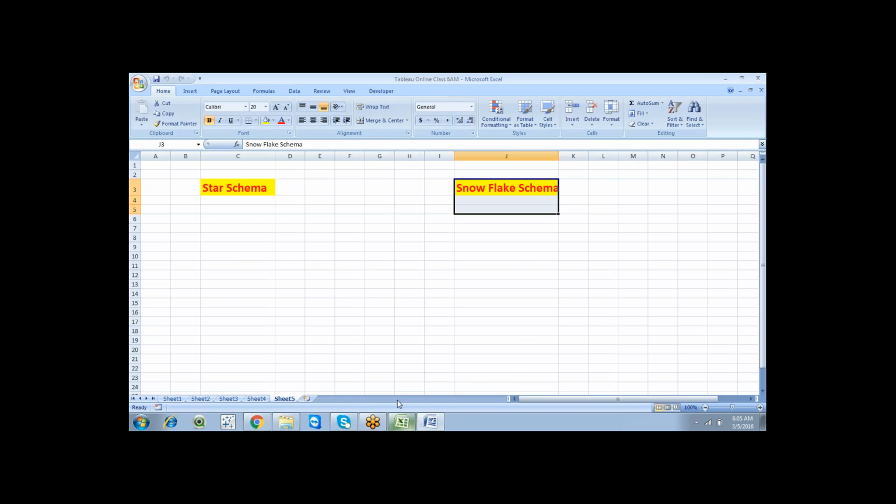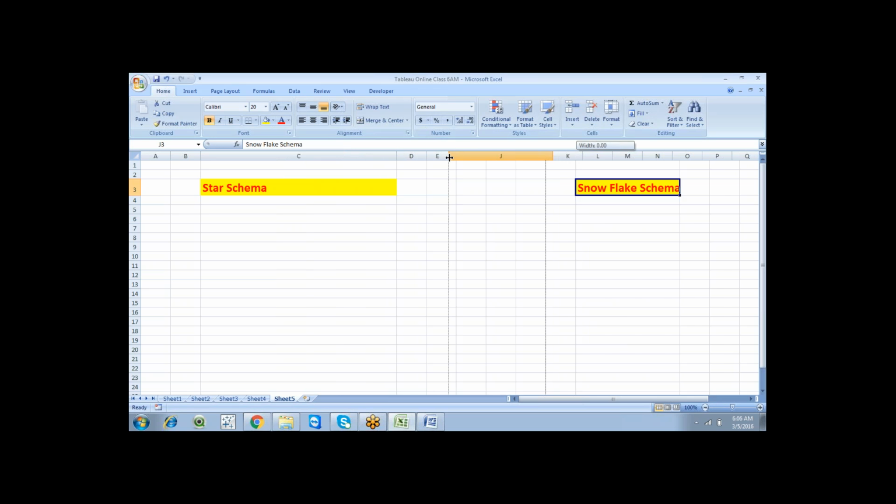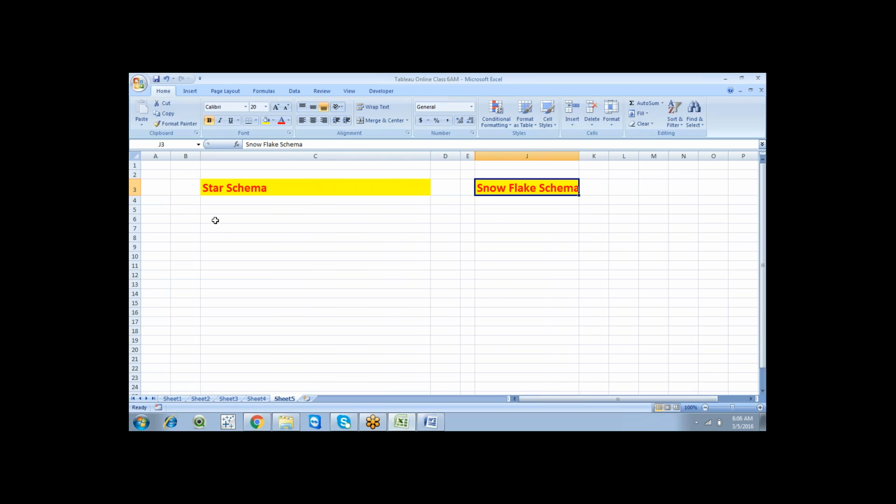Now we can go with the definition. First, what is meant by a star schema? A star schema is nothing but a particular fact table that is directly related to multiple dimension tables, or a fact table that is surrounded by multiple dimension tables and has a direct join, which is the difference between a fact table and a dimension table.